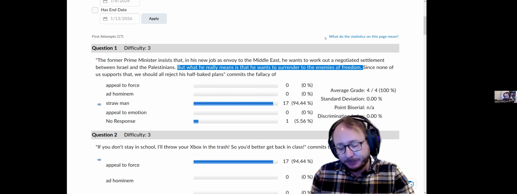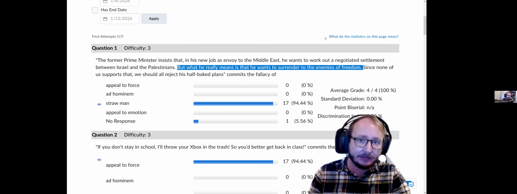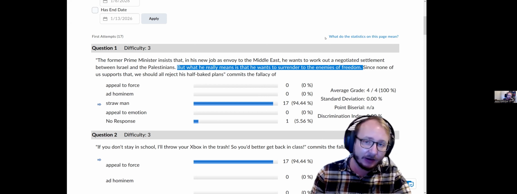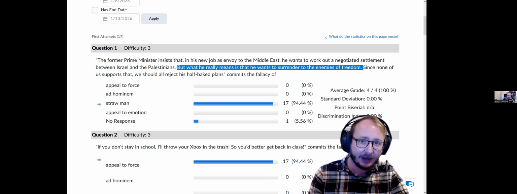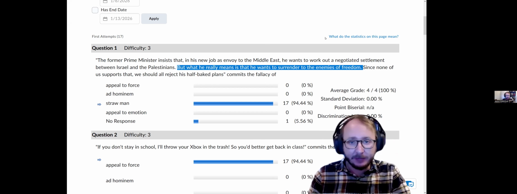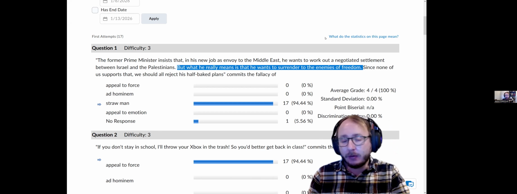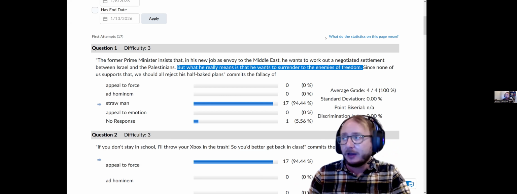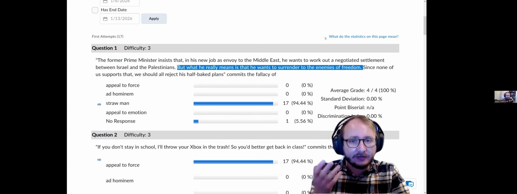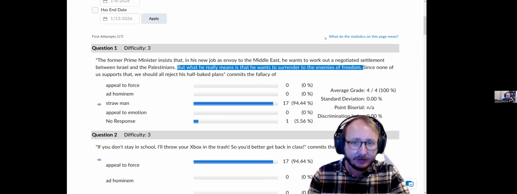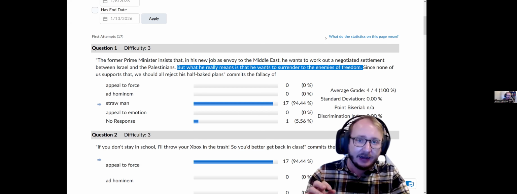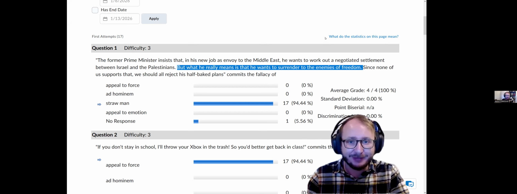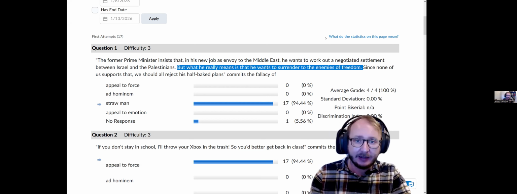So, I mentioned the principle of charity earlier in this class: when we're reconstructing an argument, when we're trying to figure out what somebody is trying to say, we should construct it in a way that makes it as strong as possible. That's the principle of charity. When people don't follow the principle of charity, they engage in straw man arguments. When they don't try and come up with, okay, what was this person actually trying to say? What's the strongest version of what they could be trying to say? And let's address that. But instead, they come up with a weaker, stupider version of what the person is saying. That's what a straw man is.